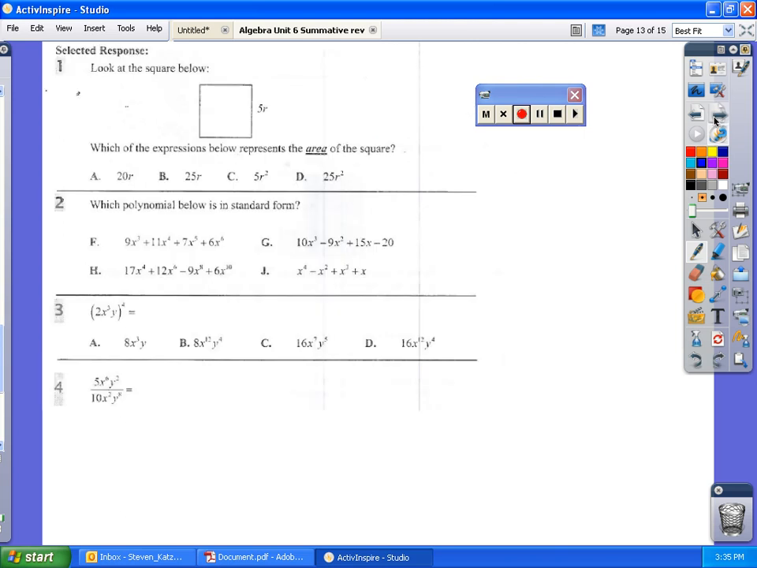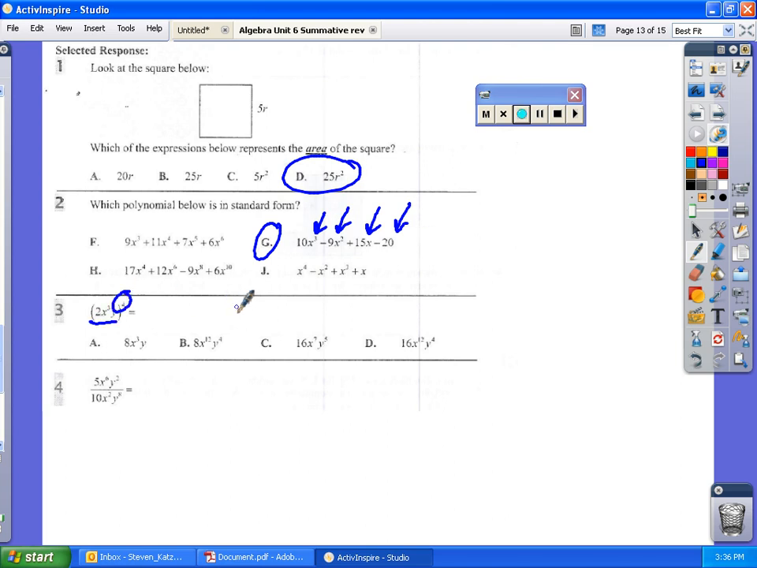Number 1 represents the area of the square. It would be 25r squared. I think we did one of these on the other slide. Polynomial is in standard form, so I'm looking for the powers of x that are in decreasing order, which would be this one, x to the third, x to the second, x, and then just no x, so x to the 0. Number 3, you have a monomial and a power on the outside, so you could distribute it in,